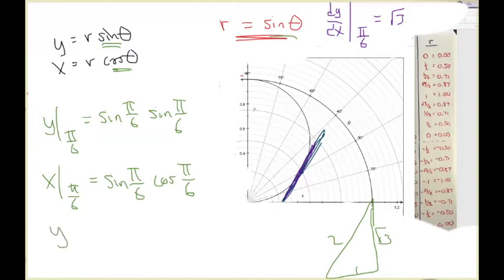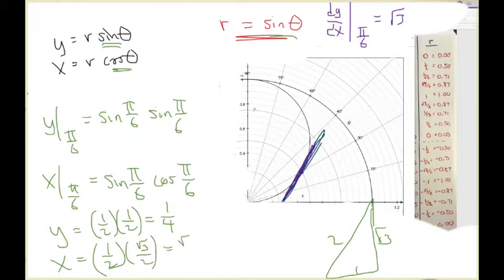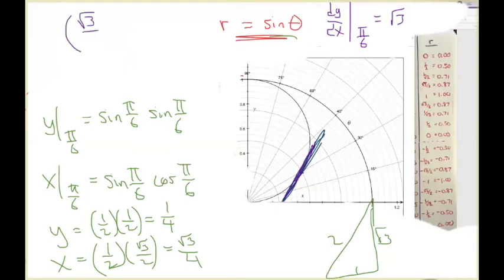So our y is going to be 1/2 times 1/2, which is 1/4. Our x is going to be the sine, which is 1/2, times the cosine, which is root 3 over 2. So we've got root 3 over 4. And we've now got the second ingredient for our tangent line. Our ordered pair is root 3 over 4, 1/4. All right,